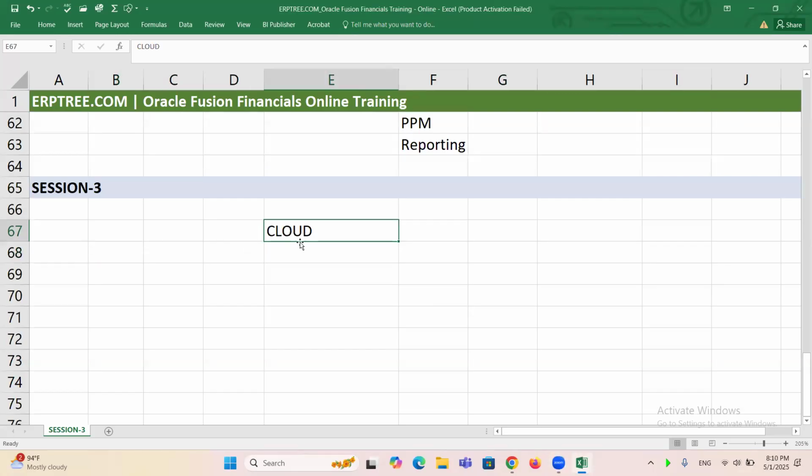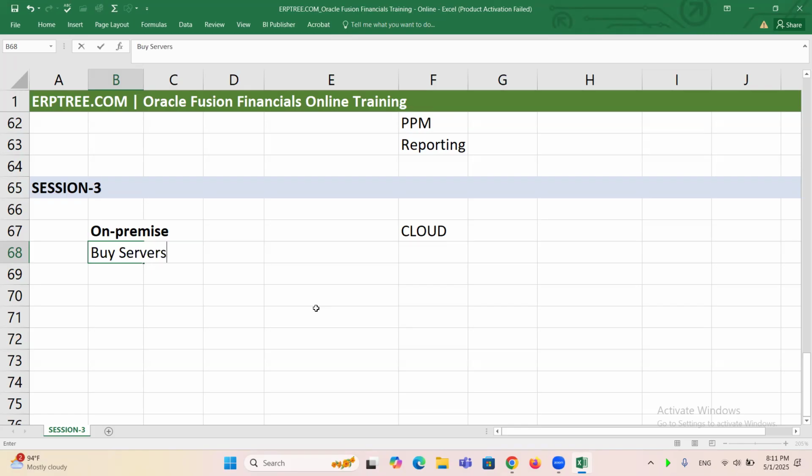So to understand about cloud, before that, let's try to understand what is on-premise. What does it mean by on-premise? Say a client wants to use Oracle Fusion applications. Then what do they have to do? They have to buy the servers, the big machine servers,